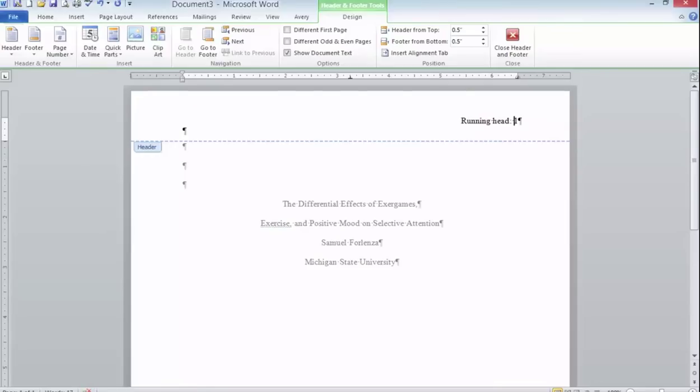So running head, colon, space, and then this is going to be the first few words of your paper in all capital letters. And generally this shouldn't be more than 50 characters, but just the first few words is fine. Now you can hit the tab button and it should move your running head over here. If it doesn't